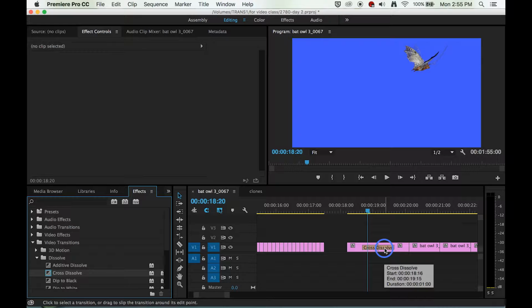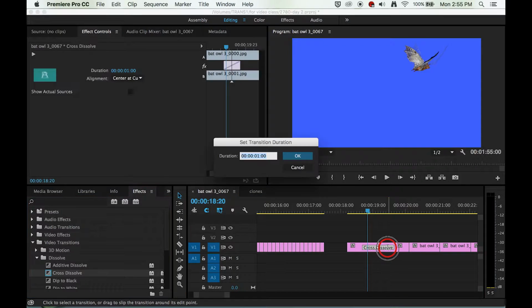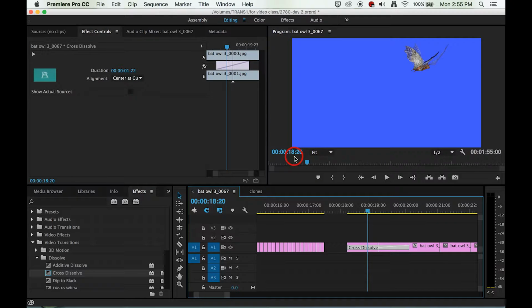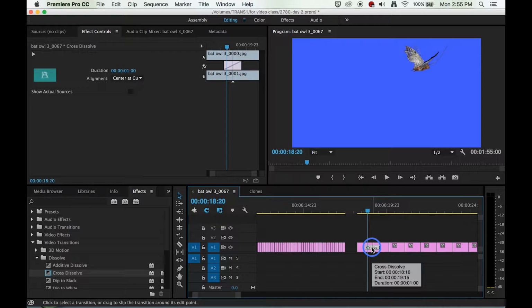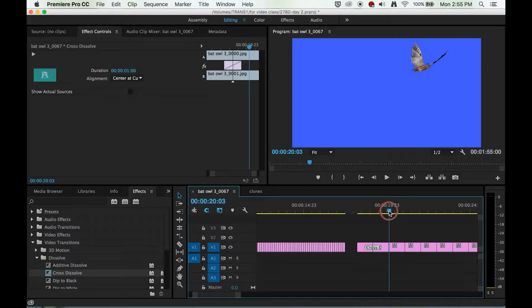Now, you can change the size of the dissolve just by double-clicking on it right here. You could make it 2 seconds, but then you're going to cover the entire thing, so you don't want to do that. So once you have 1 dissolve in there, you can just take these, copy and paste. That will save you a little bit of time, and you can just move from 1 transition point to the next. Now you have to make sure that your cursor is right between the 2 points here,